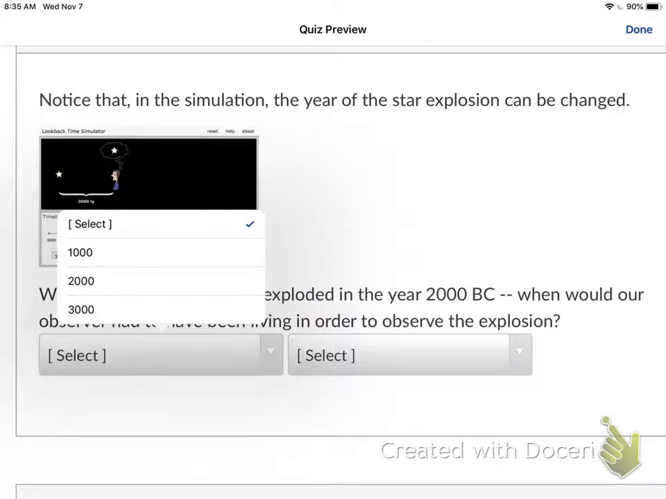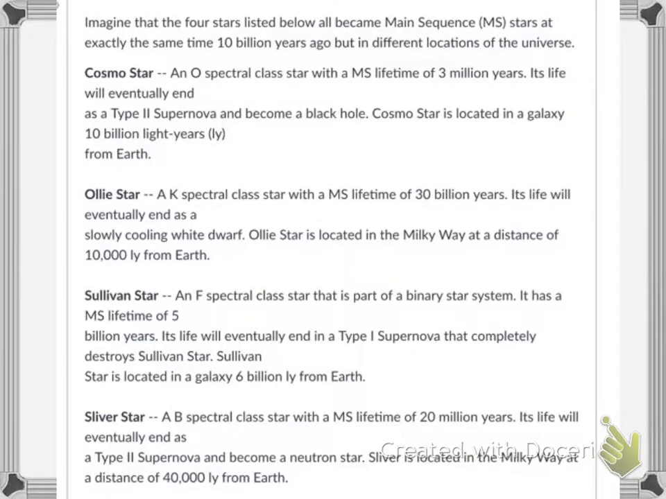So question number 2 says, note that the year of the star explosion can be changed, and it is already changed for you. And then the question is, when would you observe the explosion, given this different year of star explosion? Again, pretty straightforward. Then you'll answer questions 2, 3, and then the setup for questions 4 and 5